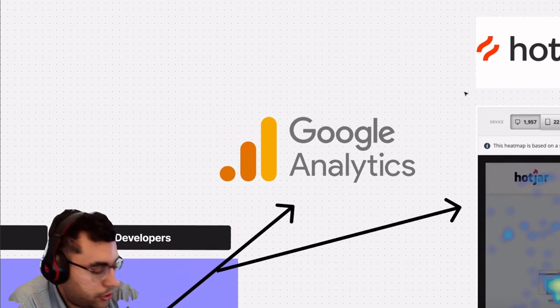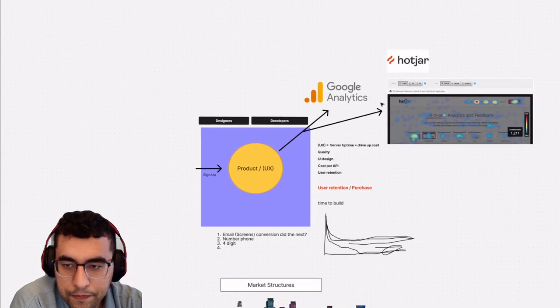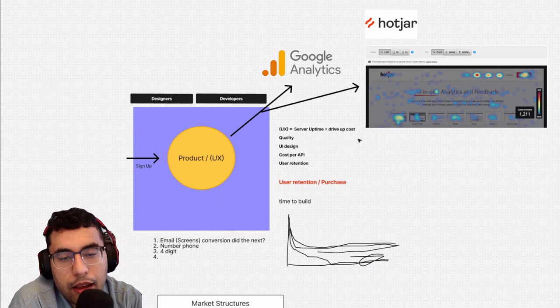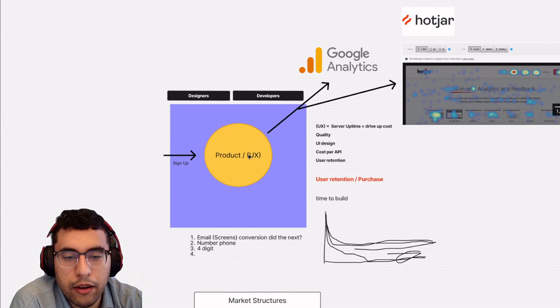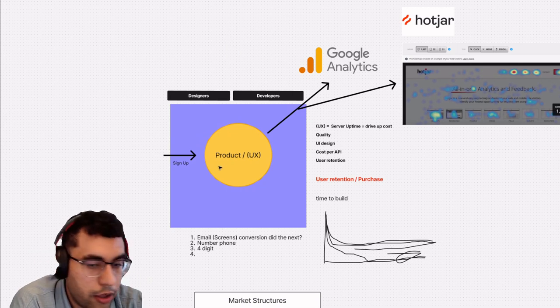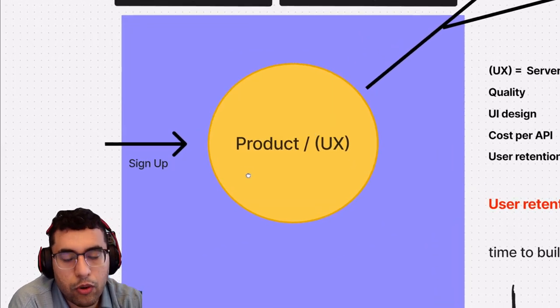All right, let's move on. So let me zoom out here. The next part of that funnel is the product. And if they clicked your call to action and they sign into your product and they did the free trial, what you're trying to work on here is focus on your developers, designers should focus on the quality of the